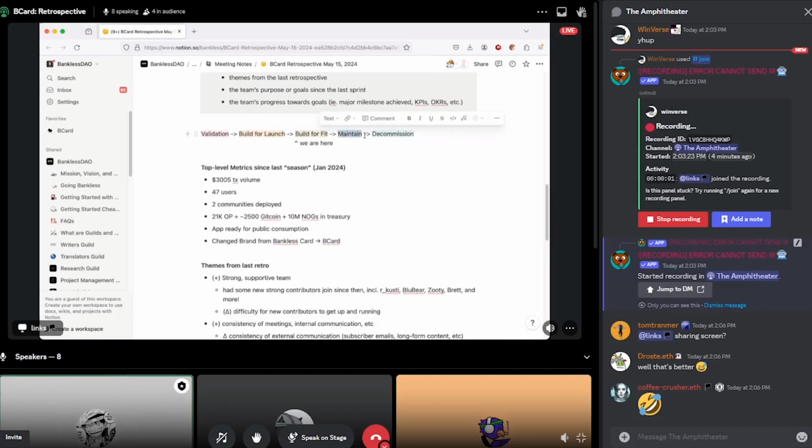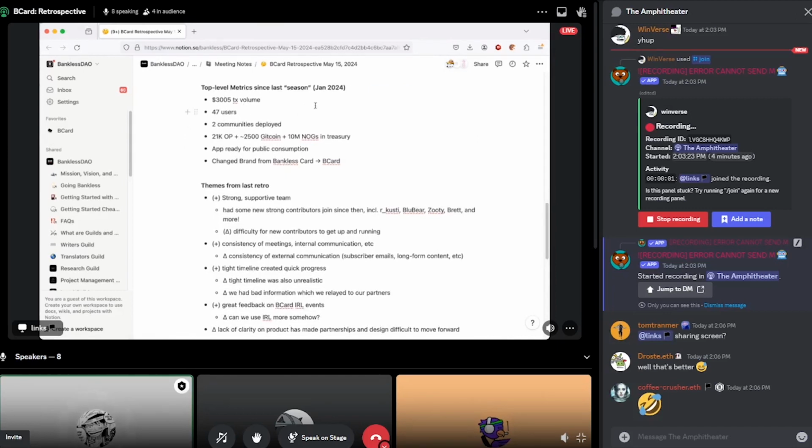It's more about maintenance. If you're not continually expanding the product, you're in maintenance mode. And then finally, every product has an end. And at that moment, there may be a time when we decommission this product. And that is kind of the regular life cycle of a product. And for us, we're right in the middle. So not bad at all.